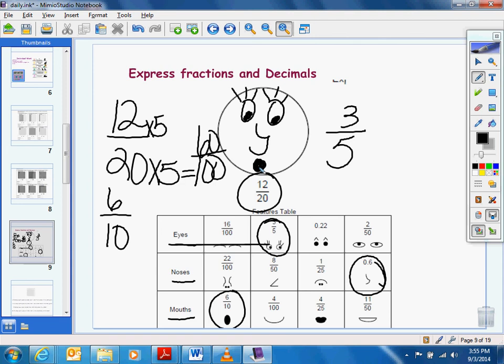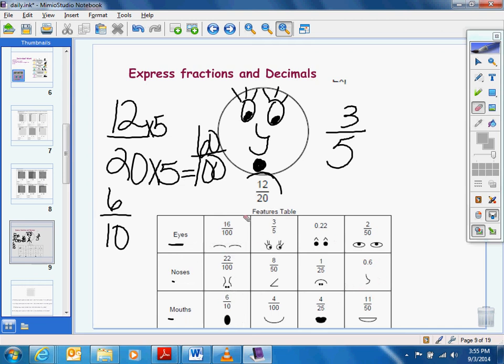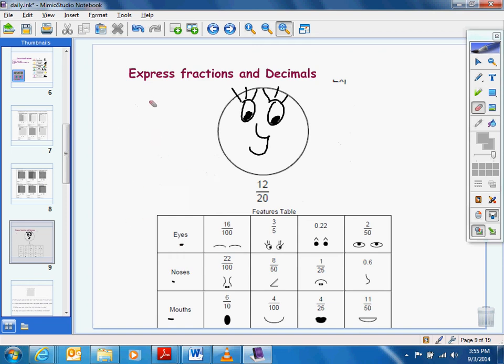Now, I also want to remind you of something else that we learned in class today, and that was how to convert by dividing. How do we convert by dividing? Sorry, let me put my mouth back up here. There you go. So, in order to convert by dividing,